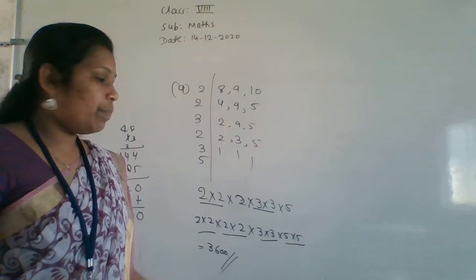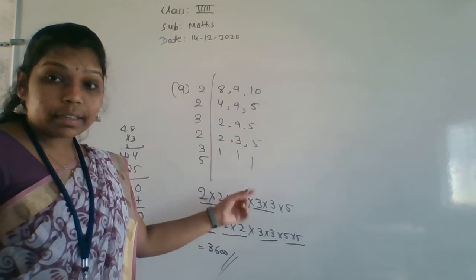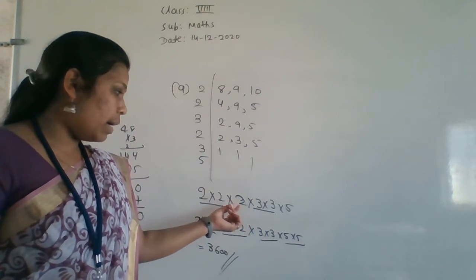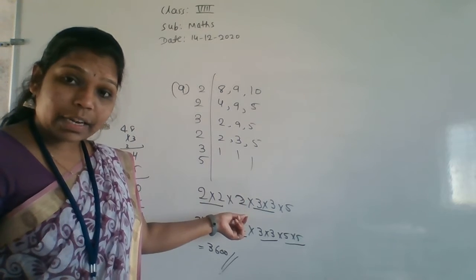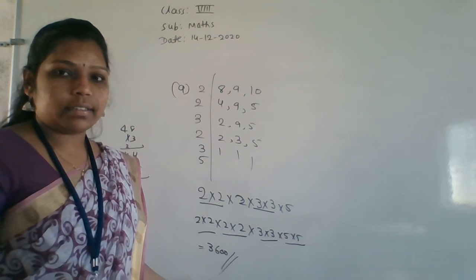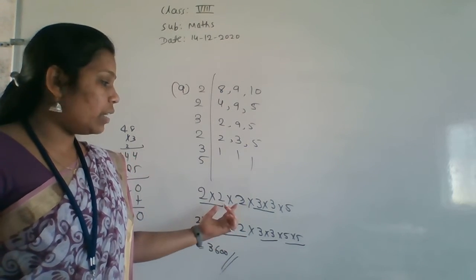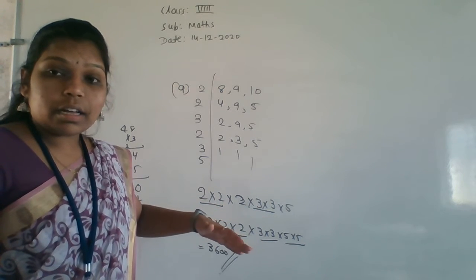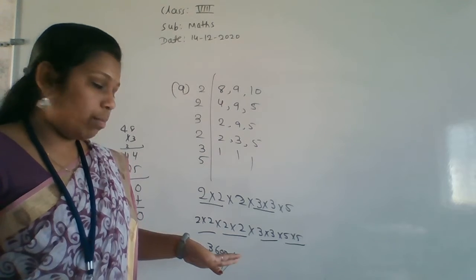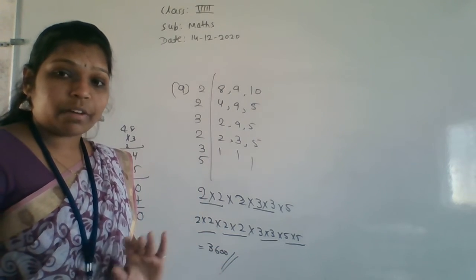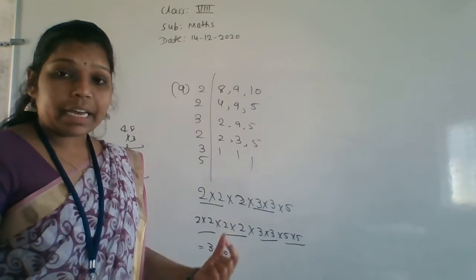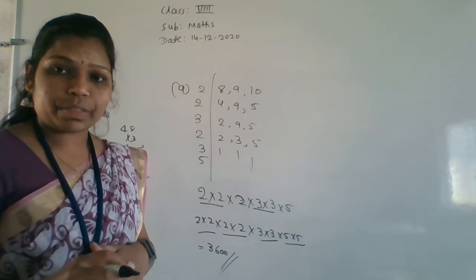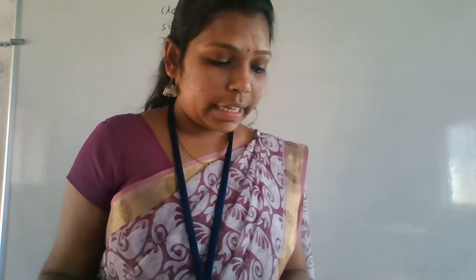Like this you have to find. If there is an unpaired number, then make it a paired value by multiplying, and you will get the answer. Otherwise, if you multiply only this much, you will get a number that is not a perfect square. Okay, we want a perfect square number. For that reason I am making pair values. After that, multiply. Okay, so next, the 10th one.